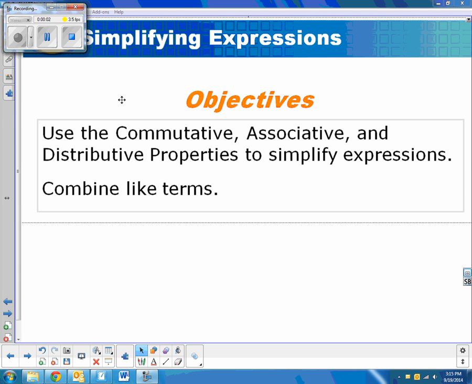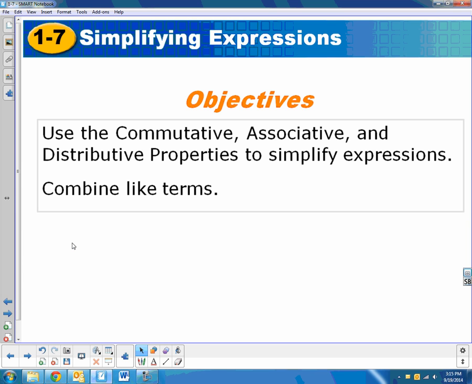Right. We are looking at simplifying expressions, which is a little bit different than solving expressions. We're not actually going to be solving any equations. It's a little bit different than evaluating expressions. Evaluating is when you get it down to one number. So simplifying is trying to make the problem simpler by using a couple different properties: the commutative, the associative,